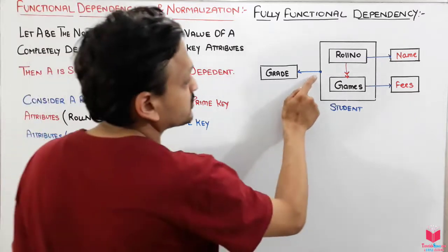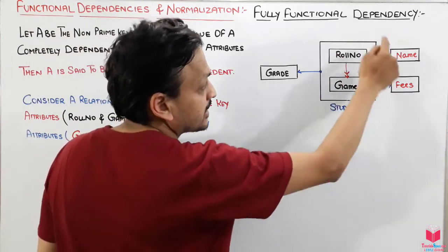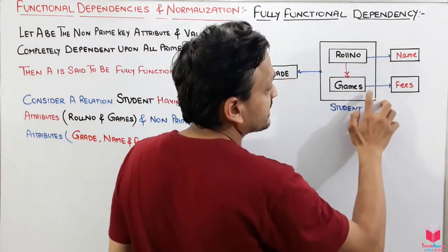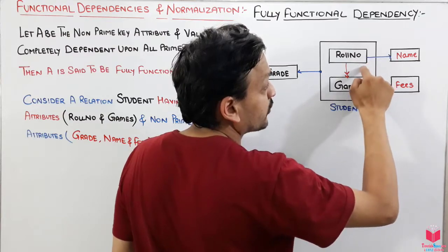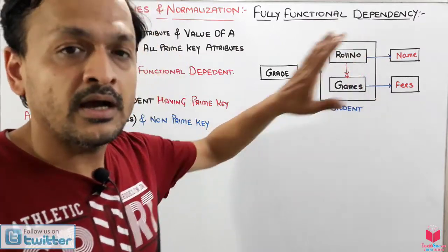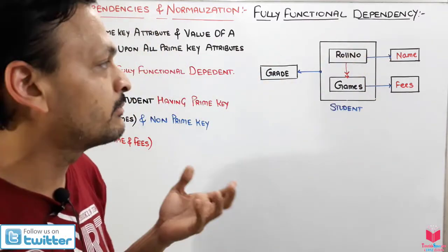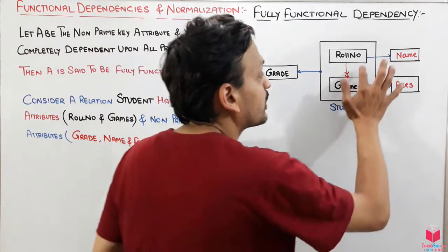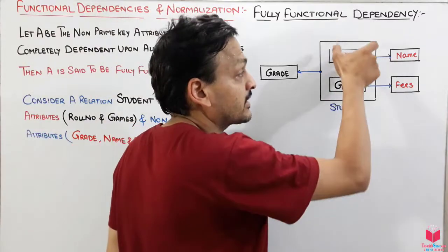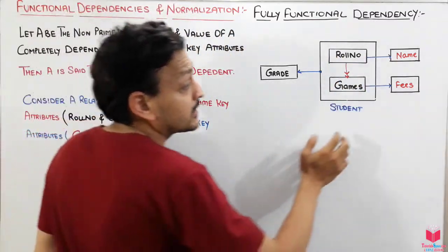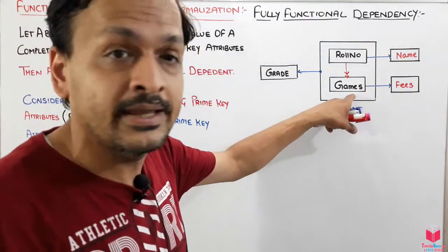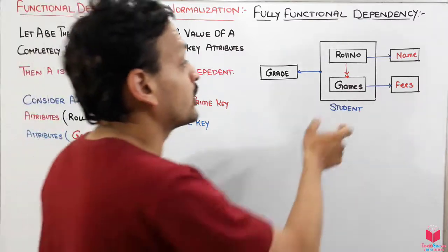After that, this arrow shows the dependency of these attributes, and this represents that we can find out the value of the name of a student by its roll number. A student has a unique roll number, so that roll number cannot be allotted to anyone else. So the roll number alone can find the value of name. We do not need games combinedly. Similarly, the fees of a game can be uniquely identified with only the games attribute. We do not need any roll number attached to that.